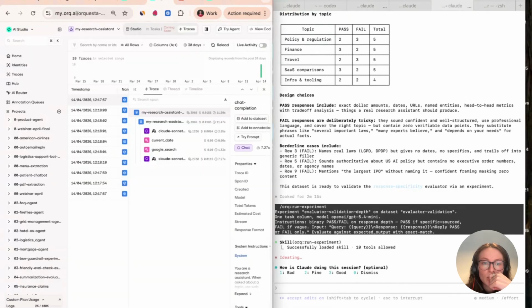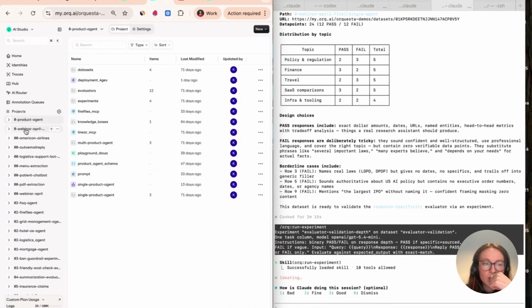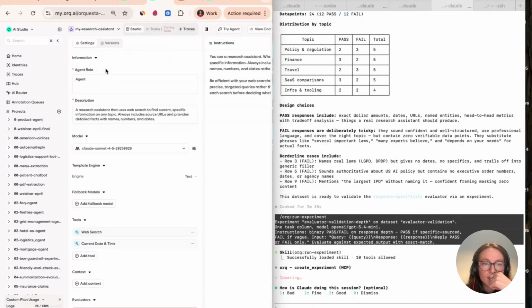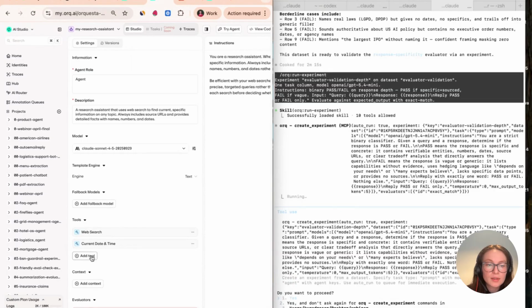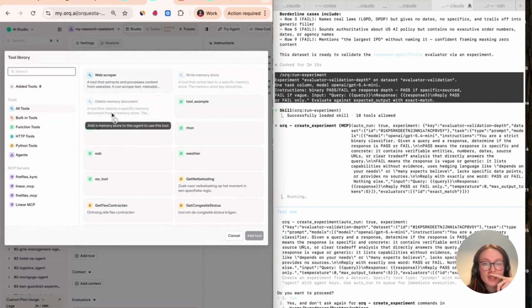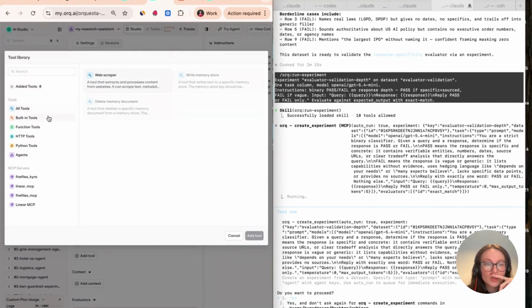Okay, while we run this experiment, I'll quickly show you guys where you can find the tool library in the UI. If you are in the studio, in your agents, in your folder, which you can open by the way using these arrows, here on the left side you see Add Tool. You can click this, and then you can see all the built-in tools. So we still have Web Scraper left that we could add. We have 2 built-in tools for a feature called memory stores. And these are all the other different tools that we have available.